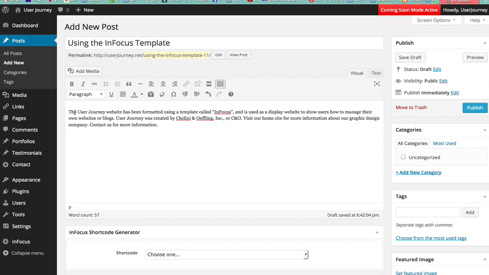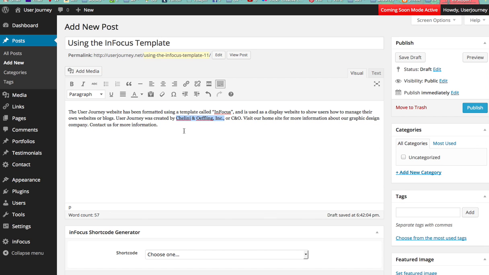Although the optimization is most important in the title, there are some things that you can do to optimize the rest of the site and help your searches a little bit better. One is creating internal or external links. We'll do an external link first. You want to click and drag to highlight